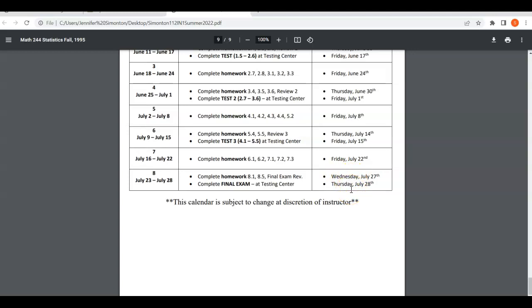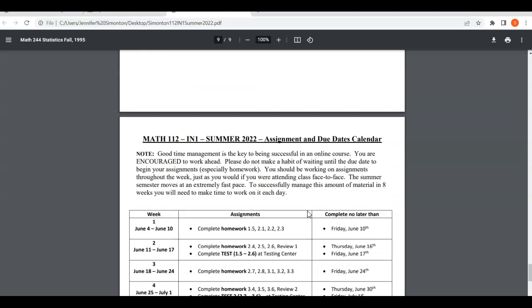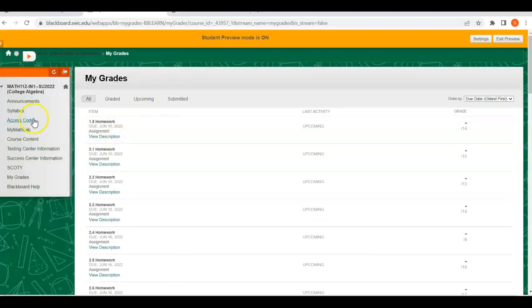In terms of changes at the discretion of the instructor, if my math lab has an outage or something where it's not available for you to do work for an extended period of time, I may alter some due dates, but otherwise this is not going to change. All right, so let's switch back over here to Blackboard, and let me show you real quick what these links do. On those pages where I gave you instructions, when I click access code here,